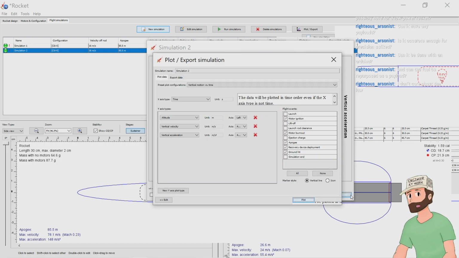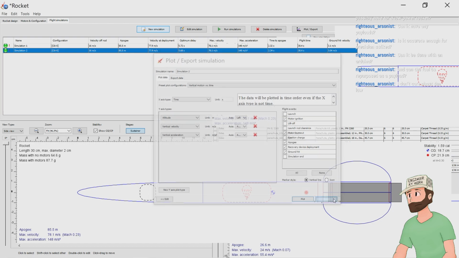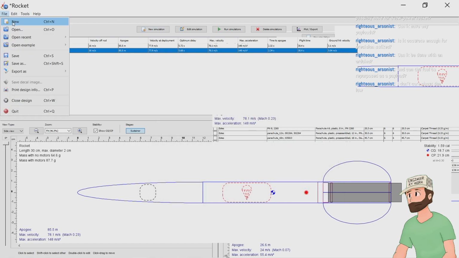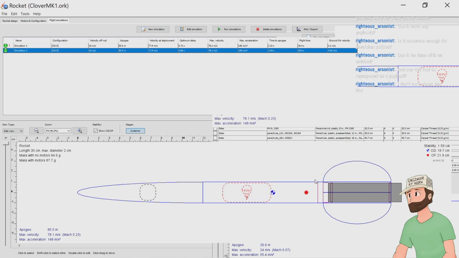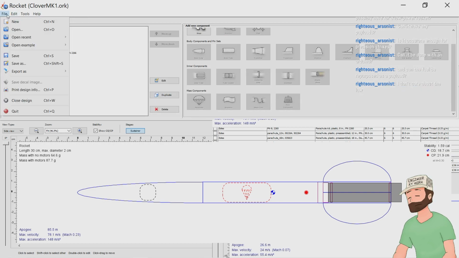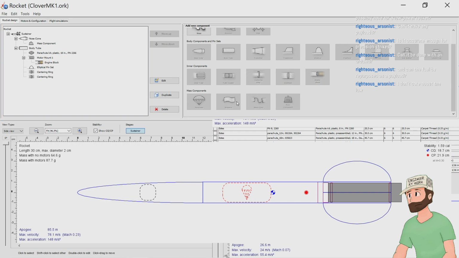Okay, well, I think we're going to save this for now. Save. And this is going to be Clover MK1. I'm going to save that. Rocket design. Save. Okay. So now we're good, even if the computer decides to stop